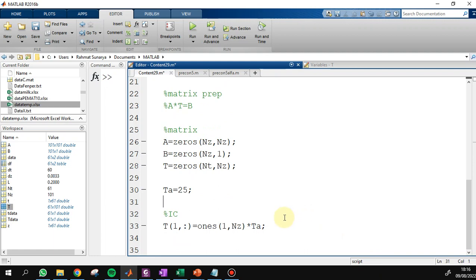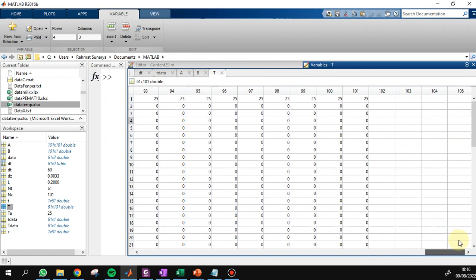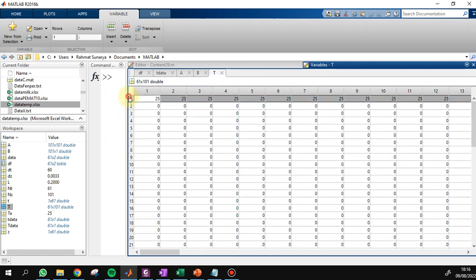Okay, finished with the initial condition.